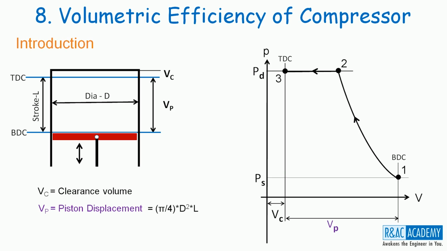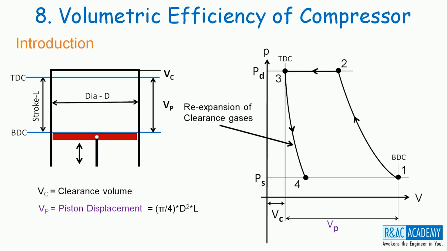When the piston is at TDC, the refrigerant vapor exists in the clearance volume at pressure PD. Because of this, when the piston starts moving downwards towards BDC, there won't be any fresh refrigerant vapors inducted into the cylinder. Instead,